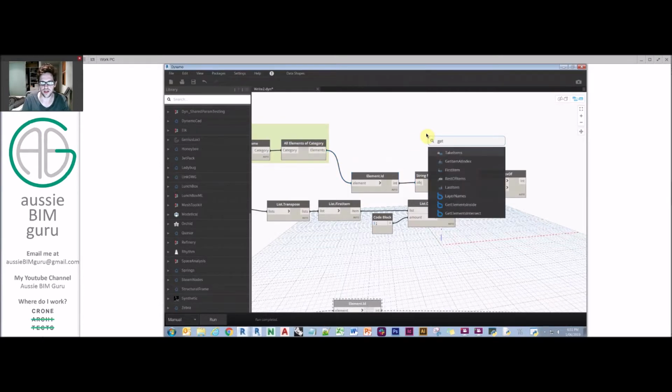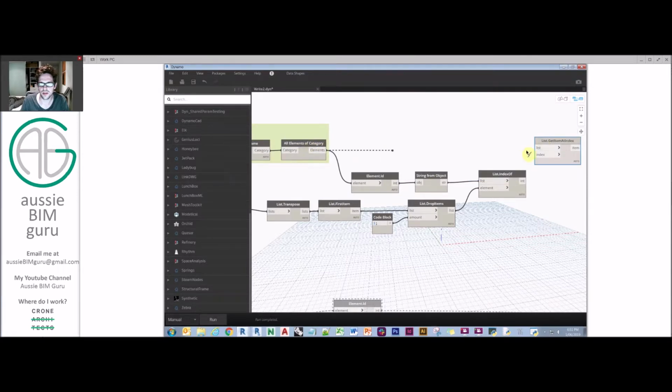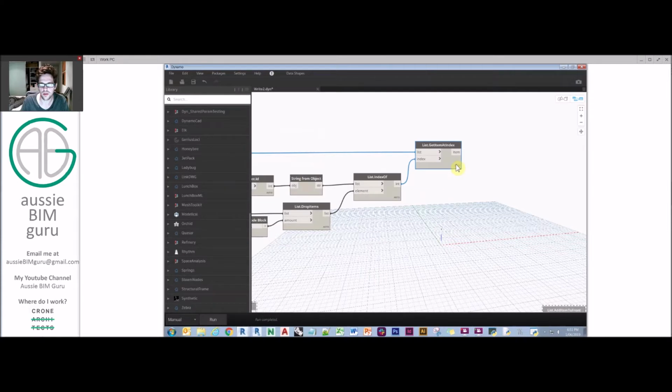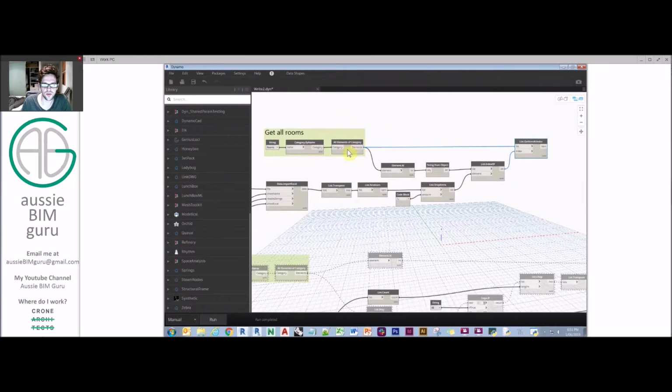So we then do get item at index. And from this list of rooms, we're going to get those respective element ID indexes. There you are. And now we have those rooms that we want to add the parameters to. If the rooms are in a different order, we would still be able to get a valid input of all those rooms. So if we did a shuffle before we got an element ID, we'd still be able to find the rooms